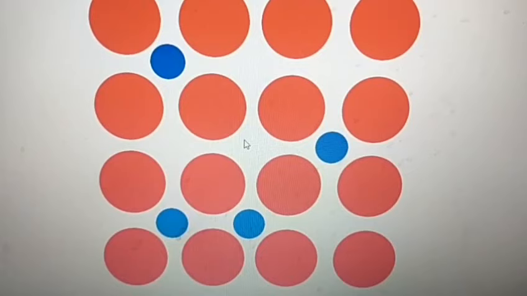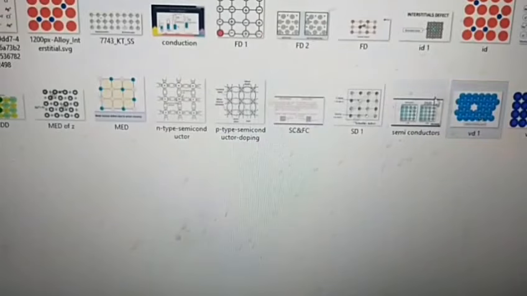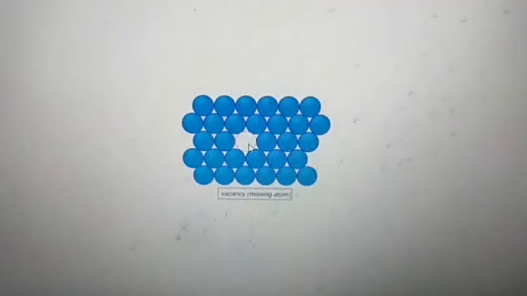What can we call such a defect? Interstitial defect. Interstitial defect generally increases the density of the substance, whereas vacancy defect decreases the density of the substance. Why does vacancy defect decrease the density? In the case of vacancy defect, the number of particles decreases due to the existence of vacancies. As the number of particles decreases, the mass per unit volume decreases. Density is nothing but mass per unit volume, no? So as the mass decreases, density also decreases.